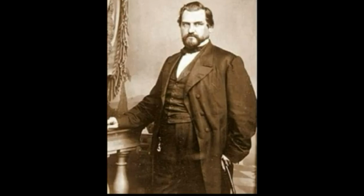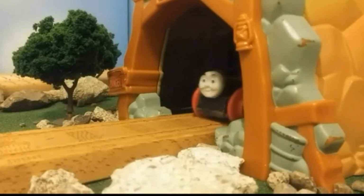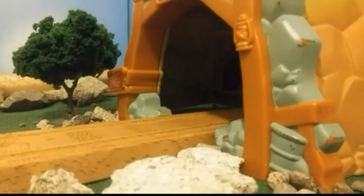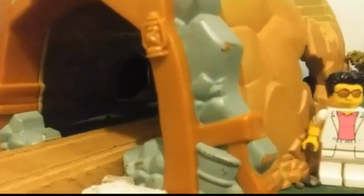Leland Stanford was one of the first guys who built and founded the railroad in the first place. 156 years ago, on May 10th, 1869, Leland Stanford drove the last spike that marked the completion of the first Transcontinental Railroad. Now, this is all truly interesting, but here are some facts about the railroad that I probably find